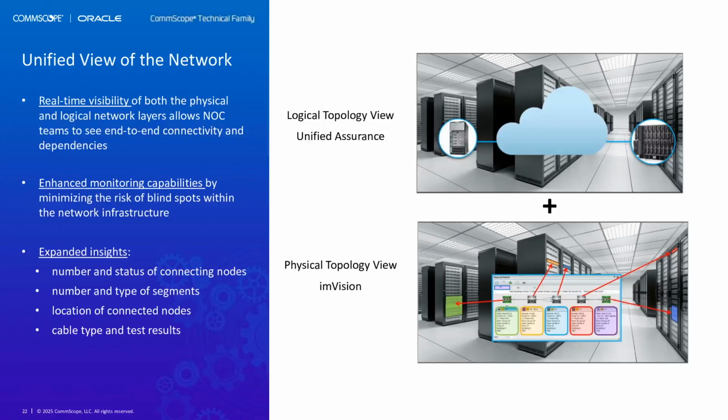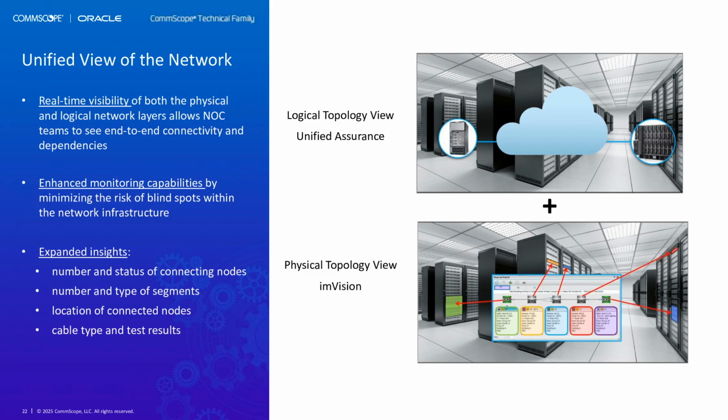So the main feature of this integration is the ability to provide a unified view of the network, which provides real-time visibility of end-to-end connectivity to NOC teams. So they can be much more efficient in understanding what's going on in the network, right? Plus, it enhances monitoring capabilities because it eliminates the blind spot associated with information that comes from physical connectivity layer